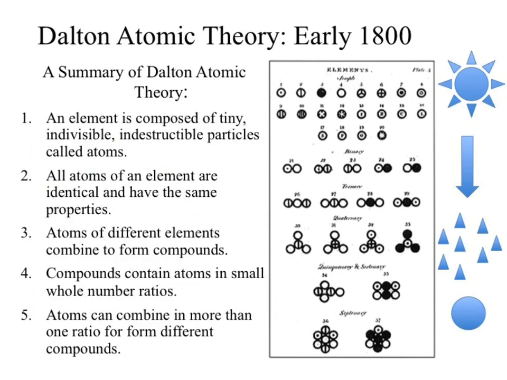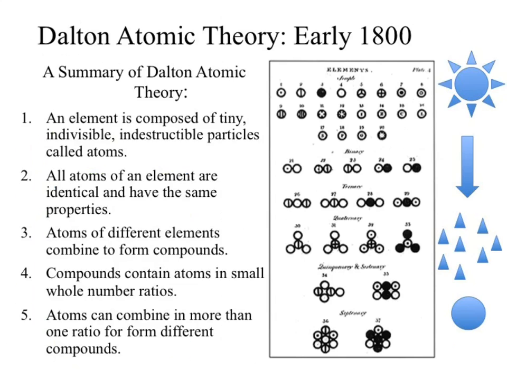What I've got on the far right is a couple interesting things. So what we could start with is our compound, which would be our circle and triangles. If we decomposed that, we would then have our pieces, a big old circle and a bunch of tiny little triangles that came off of it. Those tiny little triangles and circles would be our atoms. That sun up at the top would be our compound. We could then arrange these in different formations to get slightly different compounds.